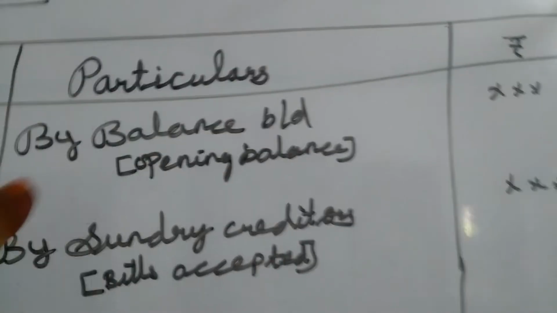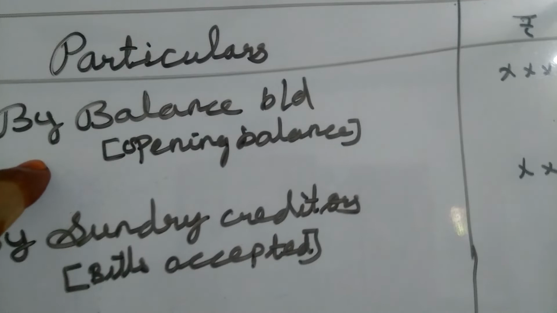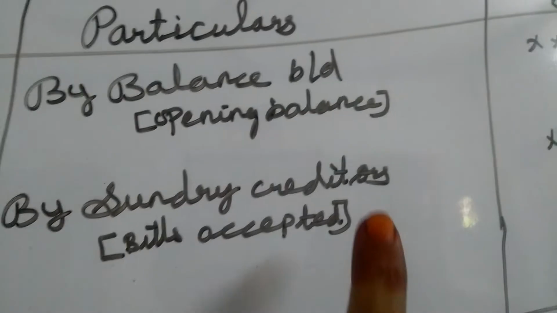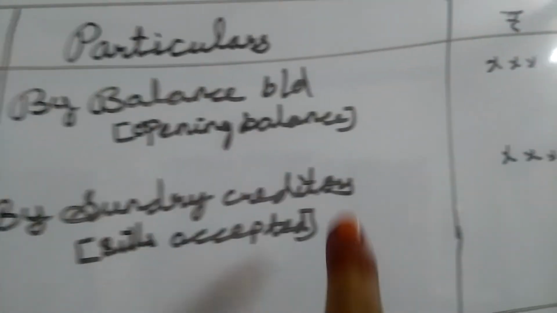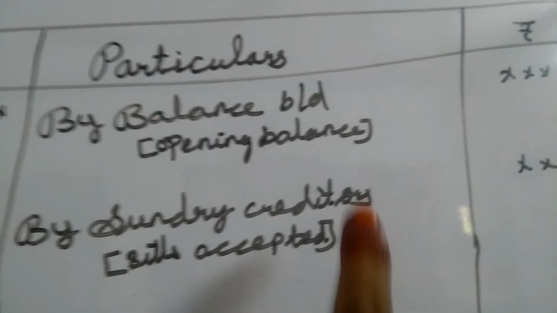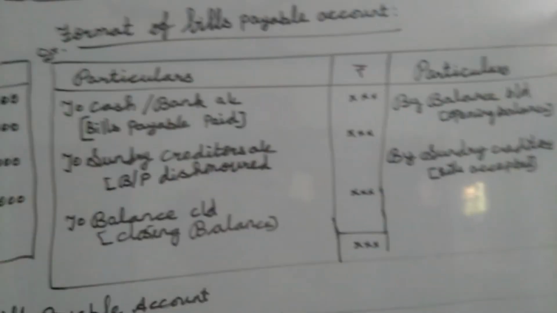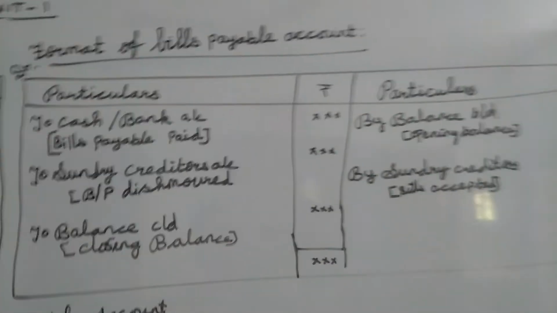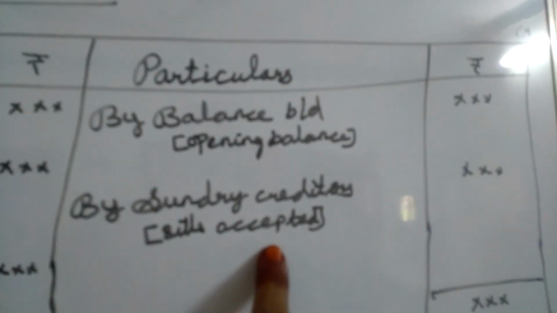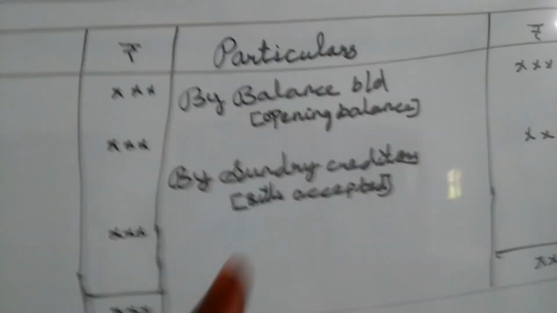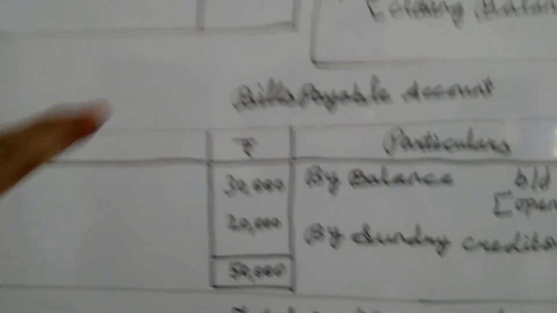And then next one here, opening balance of bills value, and then the difference amount alone is the answer, that is sundry creditors. How much amount we want to pay to our suppliers. If we want to know that creditors value, we want to use this format, right? So through this format, first we are going to prepare the bills payable, then alone we get the sundry creditors value. After that we can prepare the total creditors account, right?